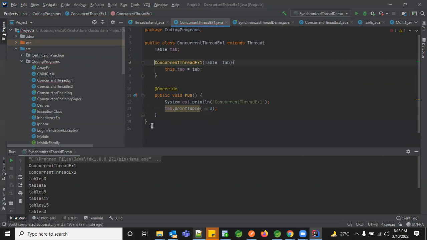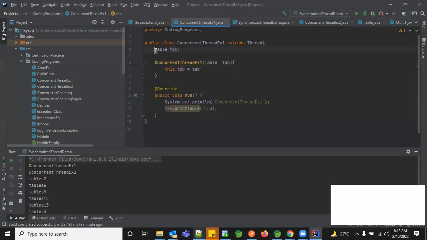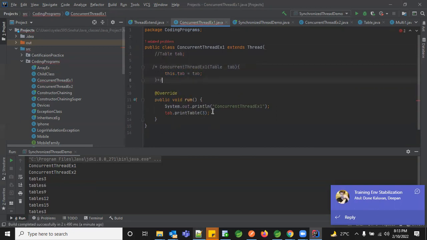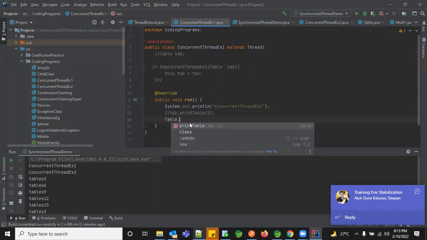So instead of having this as the object reference and these things, I can directly call it. Since it's static, I can just write table dot print table of 3.